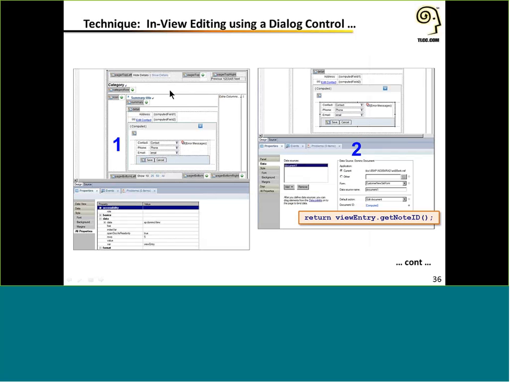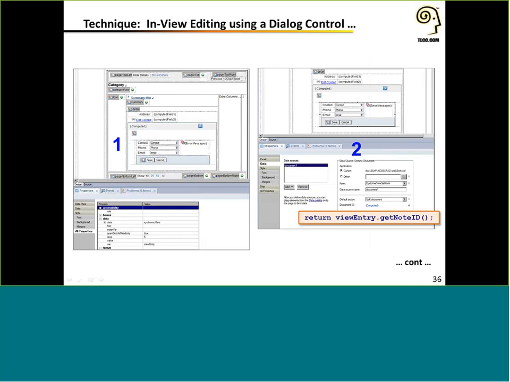So to do this, as you can see, we're still here in our data view. We're in the detail section, and certainly there's a panel here first, and we've got a field to show the address. We've got a link that's set up to trigger the edit, and then we've also put a dialog box into here as well. Okay, now in the second step here, we can see this dialog box. We've set up a data source, and it's essentially going to be the same document that you're already seeing in the data view, but we need to get that from the view entry.